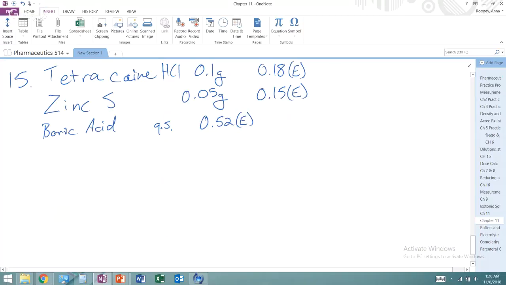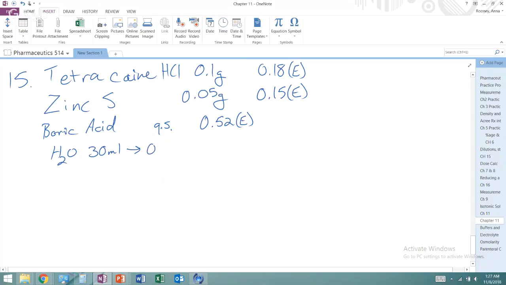We used this in a previous one. And then we are adding water, 30 milliliters. Okay, so that we know, because we've been doing this in like the previous